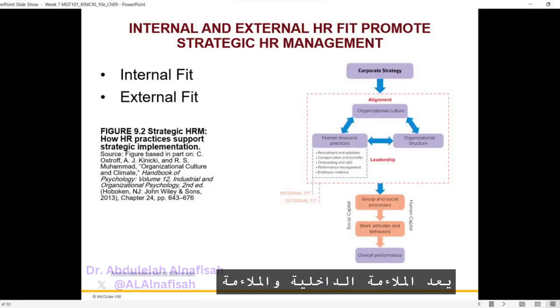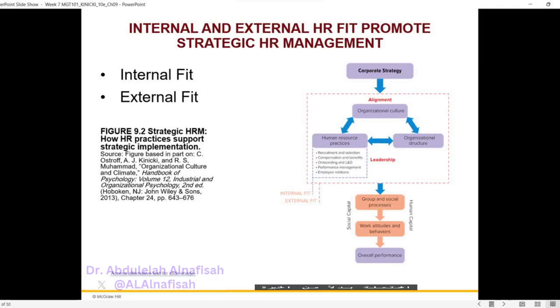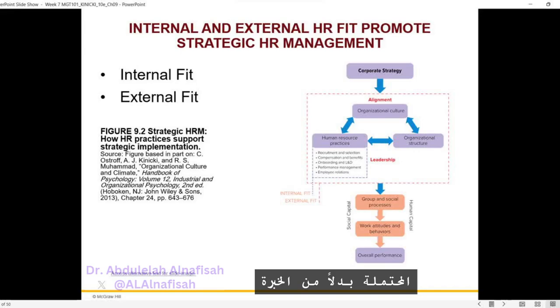Internal fit and external fit are crucial aspects of aligning the HR system with the organization's goals and strategies. Here's a closer look at each concept. 1. Internal fit. Internal fit refers to the coherence and alignment among various HR policies and practices within the organization. In the example you provided, if an organization hires employees based on their performance potential rather than previous experience, it